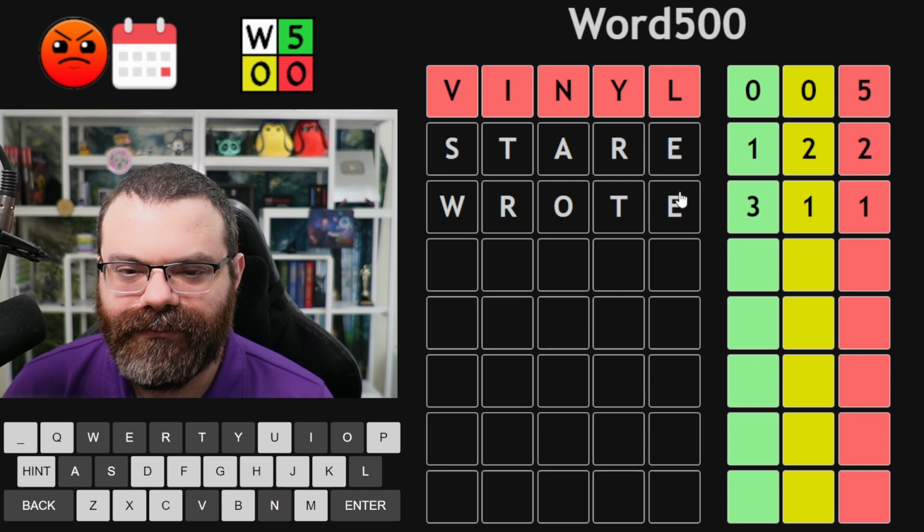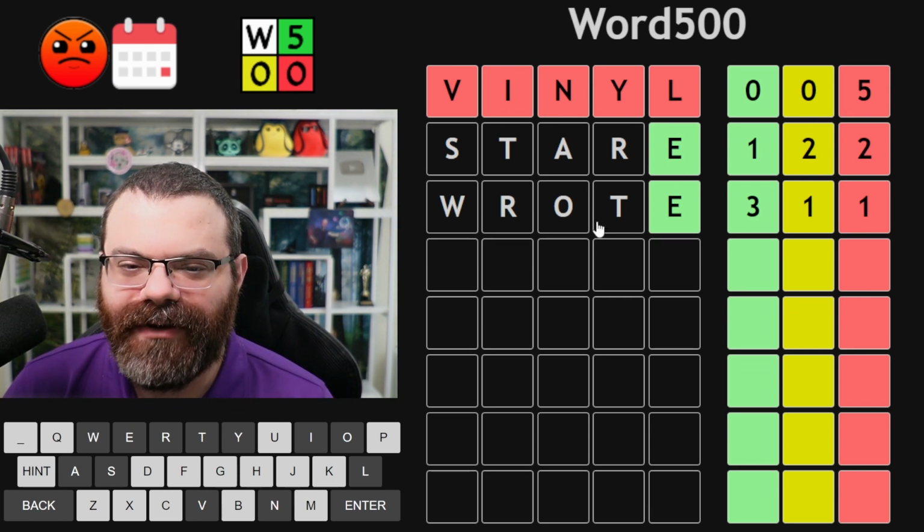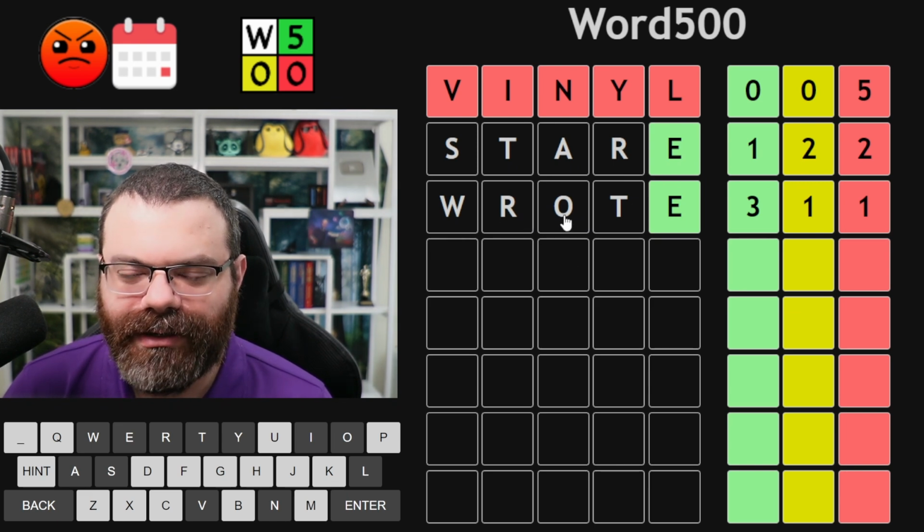So I think I got the E right. I think let's start there. And that means I did not get both RT correct. So that means one of RT is the red in here, which means W and O are in the word. Right, we can only have one red in wrote, and if I didn't actually get the TR correct,